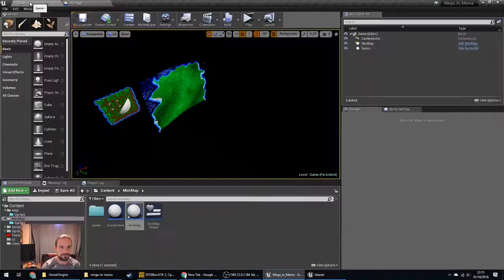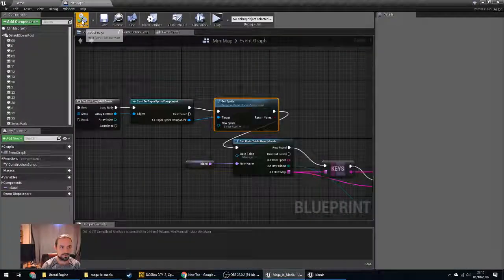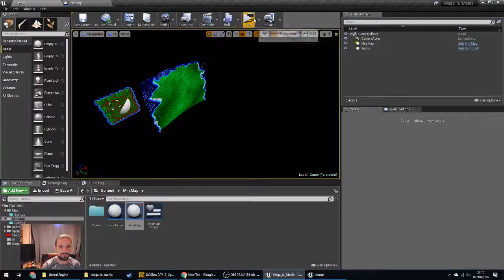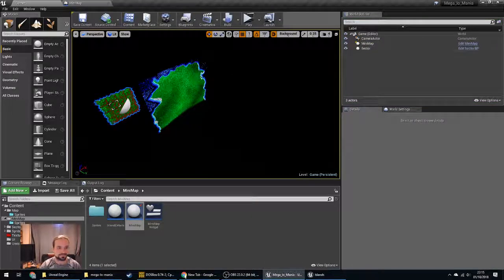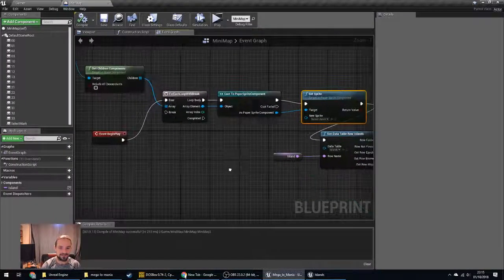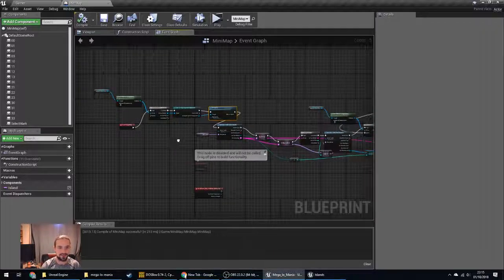So far so good. Let's see if it does that. Okay, yeah, great. So that works. That clears the sprite, so our default editor sprite that we're using is invisible, and then actually sets the sprite correctly for the ones we actually want to see. So we've effectively redone the map. It now works again,